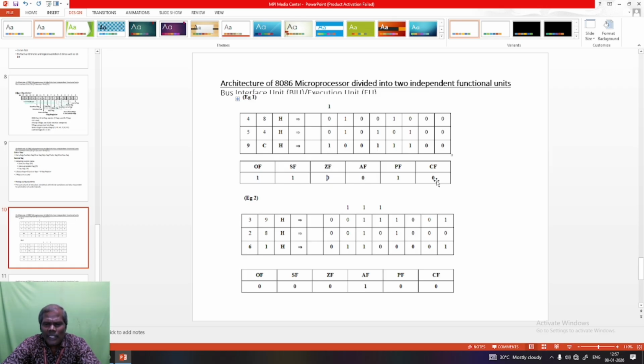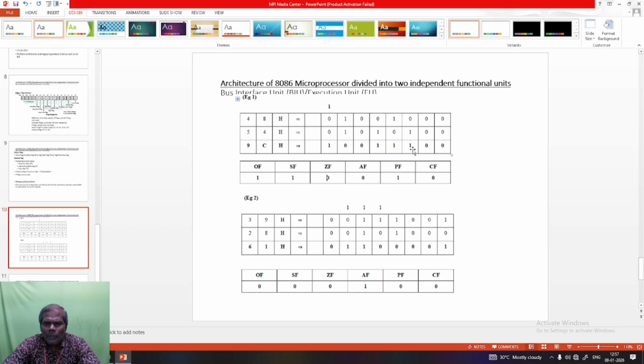Next I am going to check the parity flag. Here you just count the number of ones: 1, 2, 3, 4. If the number of ones present in the result is an even number, at that time parity flag is set to 1.